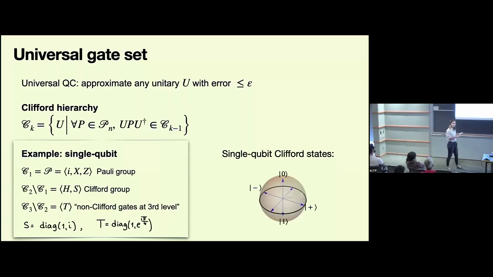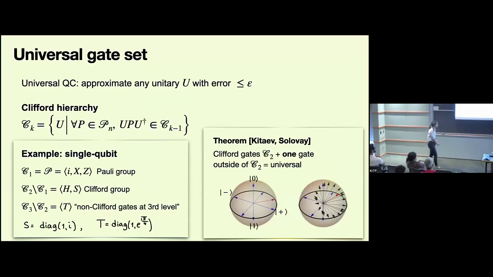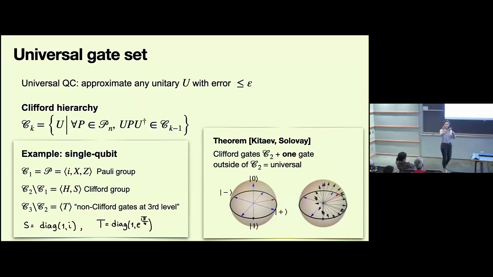If we want to do universal quantum computation, we would want to get arbitrarily close to any state on the Bloch sphere. And if we only have the Clifford group, we would be very far from that. And then there is a theorem that shows that if you take any additional rotation that is incommensurate with these 90 degree rotations, then because it is incommensurate, I can dress it by these additional 90 degree rotations, and I can get arbitrarily close to any other rotation. And this is an example of adding just a π/4 rotation, which is a T gate, the third level of the Clifford hierarchy, to get these rotations, and then we can go on and cover the Bloch sphere densely, and that's just for 1 qubit.